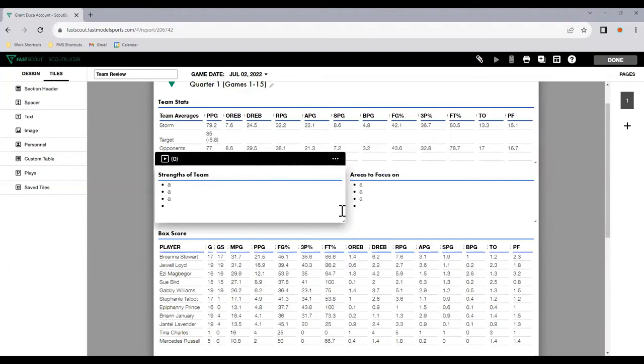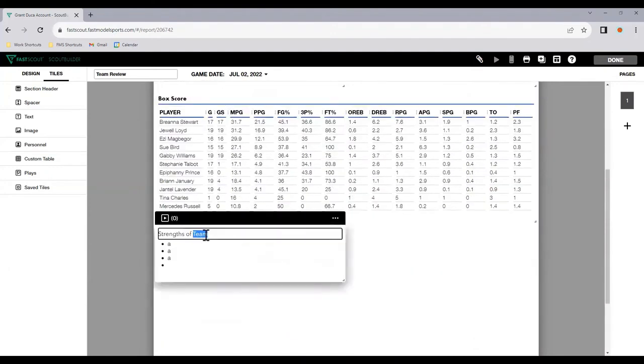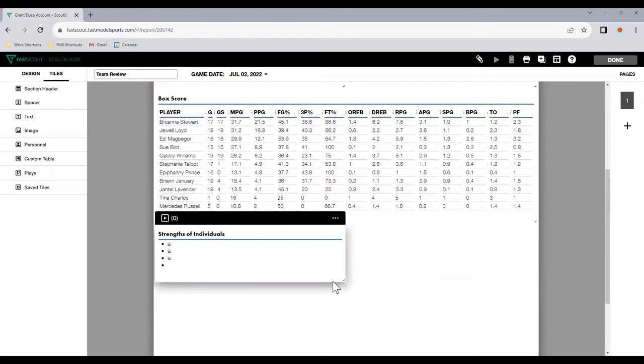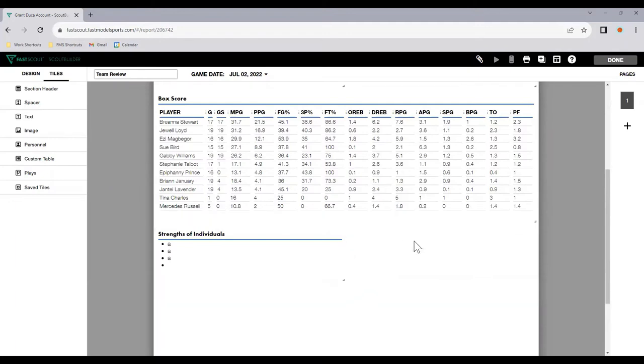And then you might want to duplicate this again and have strengths of individuals. So you might want to highlight certain players or certain stats that are appearing above. Again, you can set that up however you like and what best suits your team. Now you can also use FastScout to do a player individual review or individual scout. So if we go to the next page,